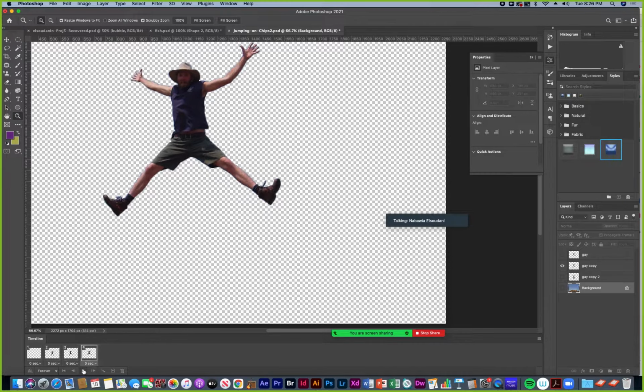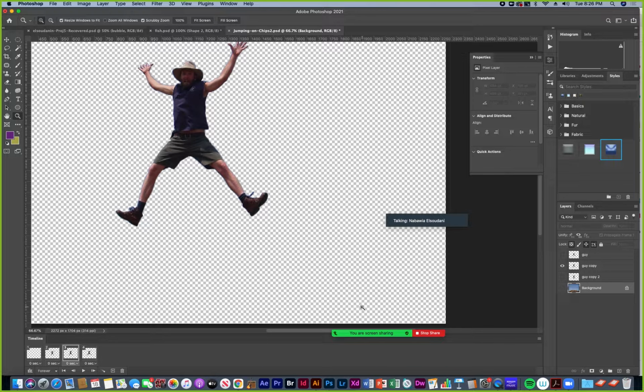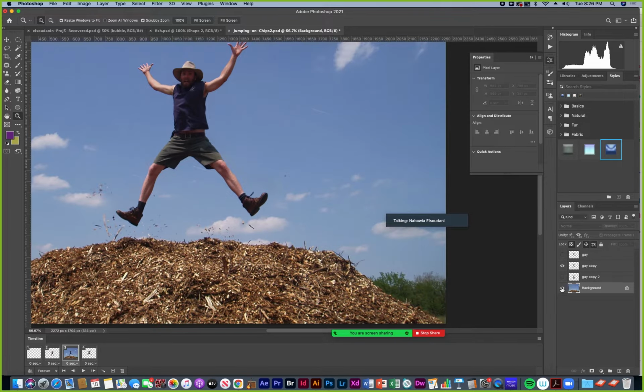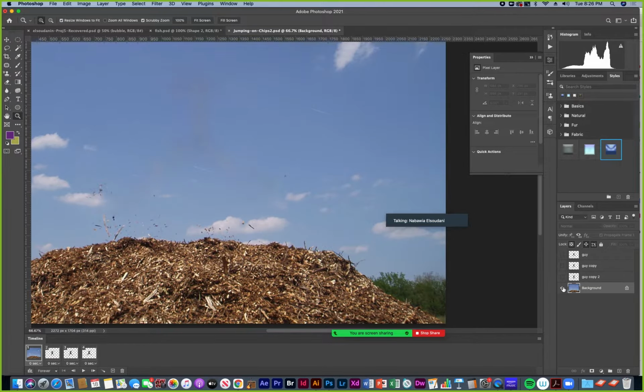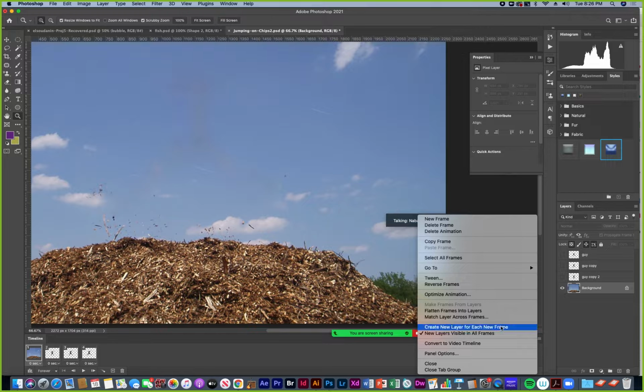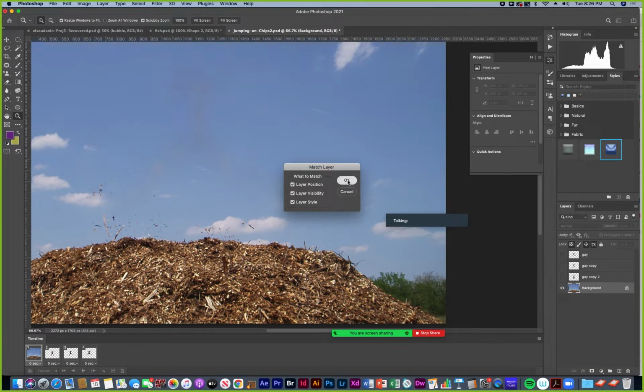Uh-oh, that didn't look like it did the right thing. Hold on. Let's see, let's turn this on. Here, let's go back to here. And then we go match layer across frame. Okay. There, now it worked.